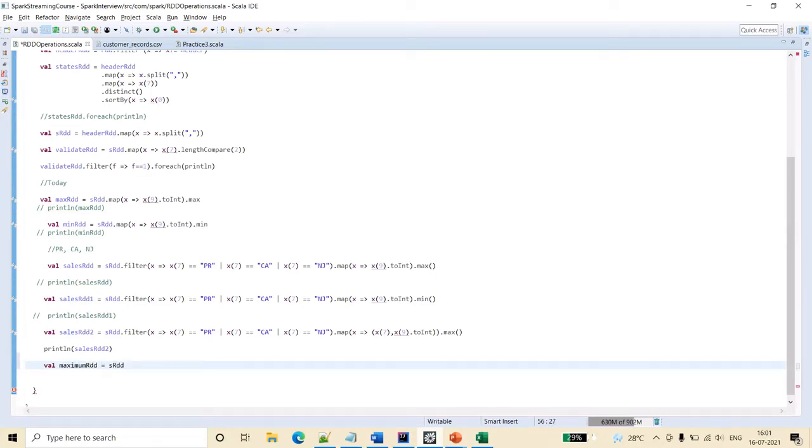I am taking the RDD, and here I first have to create the pair RDD, right? So for that, let me take a map and create a pair RDD of x7, which is the state code, and x of 9, which is sales. I am converting that to int because it's string type.